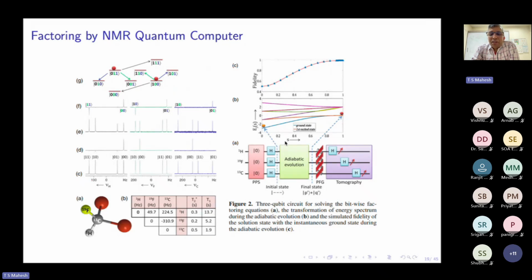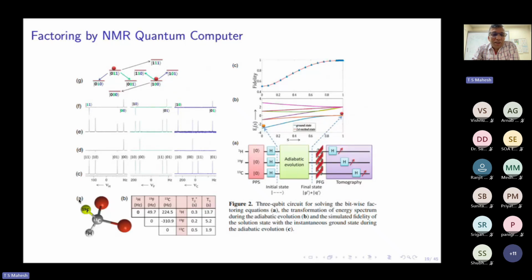But that can be done by changing some parameters. In this case, as you see here, it is the S parameter. If you change the S parameter, the Hamiltonian changes from the initial Hamiltonian to the target Hamiltonian. It has to be done slowly because it has to be adiabatic. We have to avoid all the transitions during this process. If you do it slowly enough, you reach the final Hamiltonian,